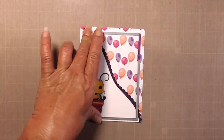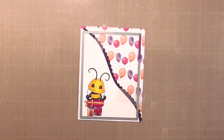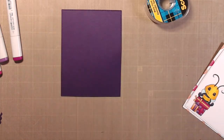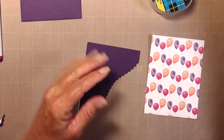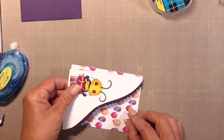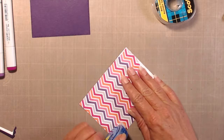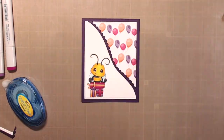And then I adhered the bee to the purple scallop piece and adhered that to the balloon patterned paper. And I had also die cut a purple piece of paper, say that 5 times fast, with a stitched rectangle die so that I could continue the purple border around the edge. After I had adhered the patterned paper to the purple paper, I decided that my little bee in the corner was a little lonely,